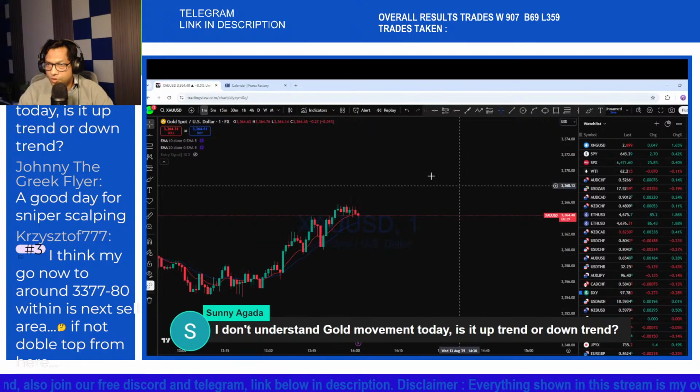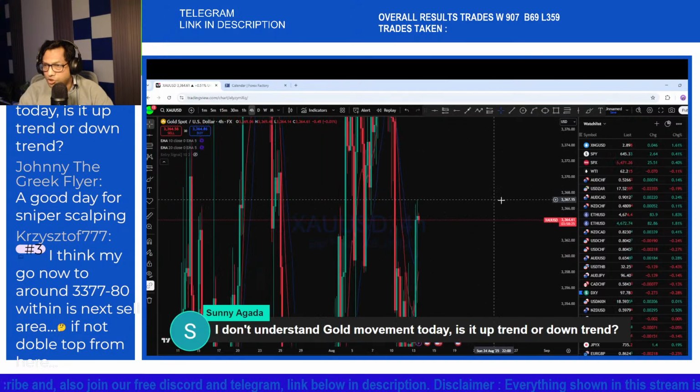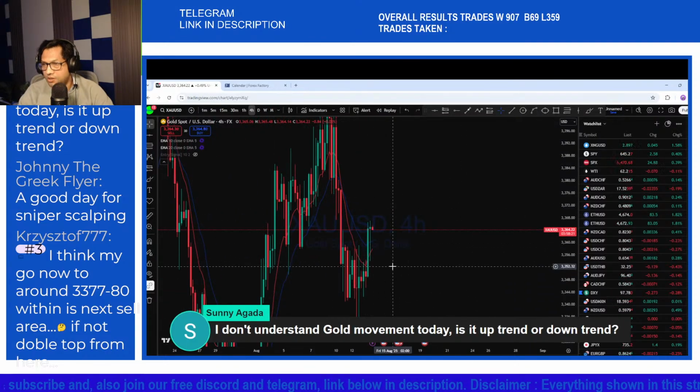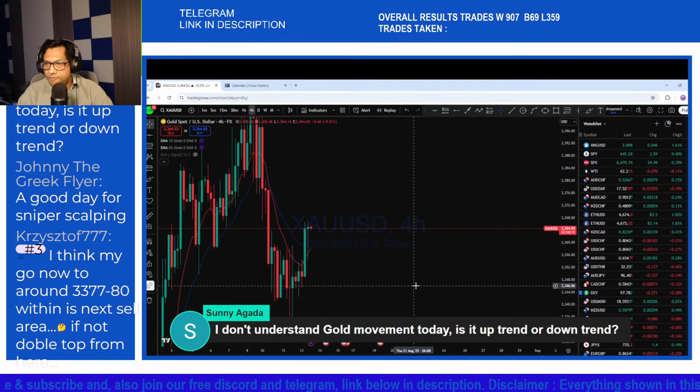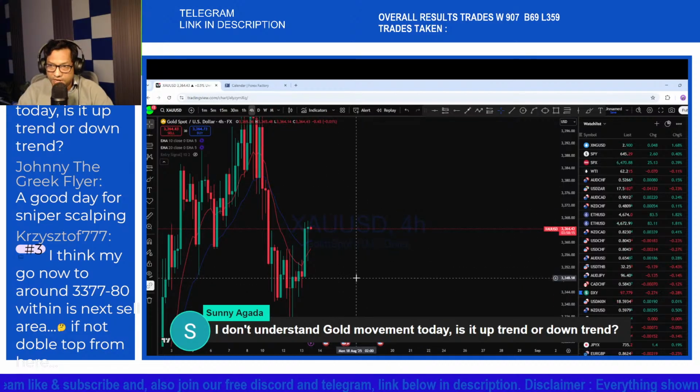And what I think, the price may come back here for a weak fill and potentially fill this 4-hour doji long wick before it possibly goes back up or comes back here for